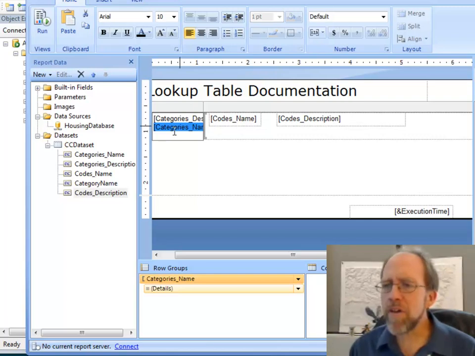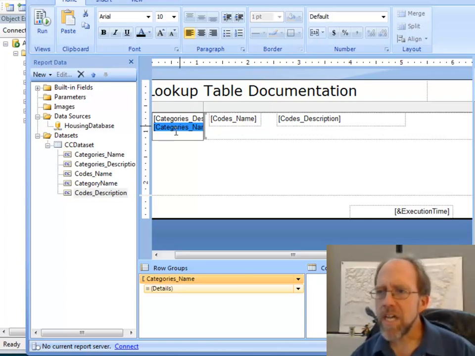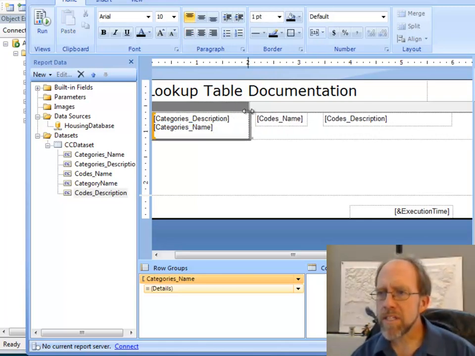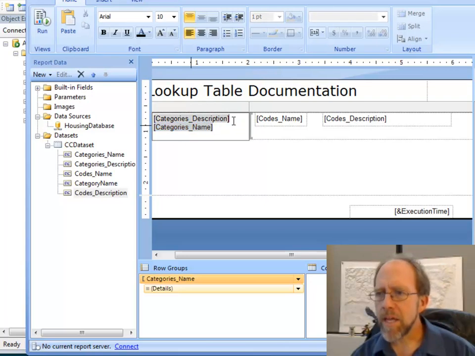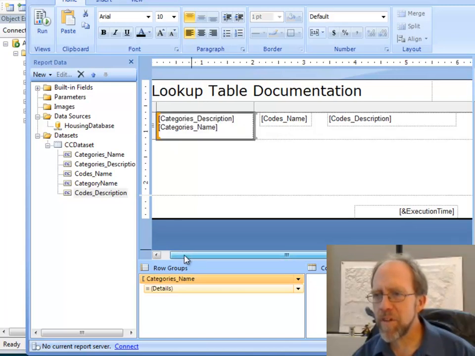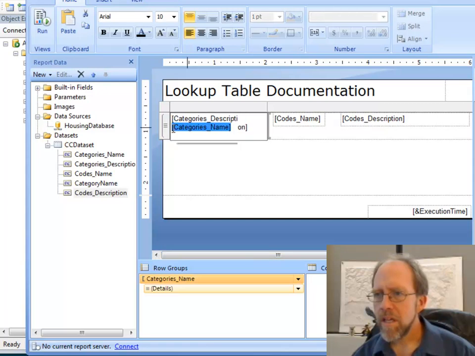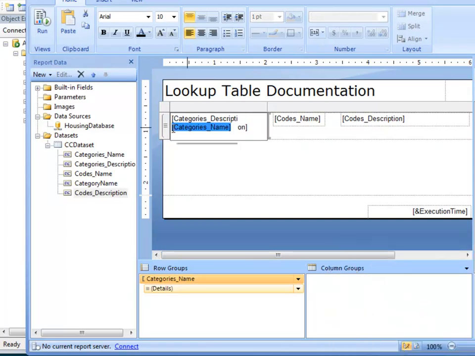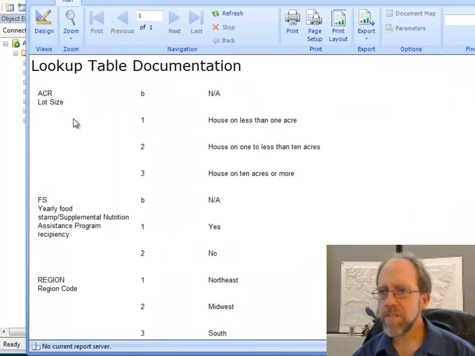So now it's just a matter of polishing this entire report here. So I can make this a little bit larger. I could probably put a little bit more space between the two of them. And this is always a fun thing because I'm going to try to click around so I can get into that field. And now if I run this, okay, now I've got ACR, lot size, FS, yearly food stamp, supplemental nutrition, region,